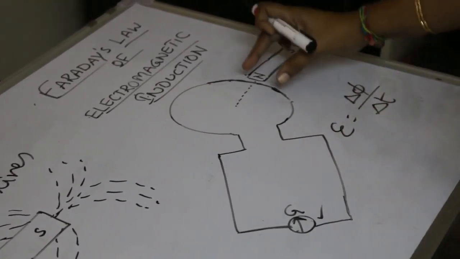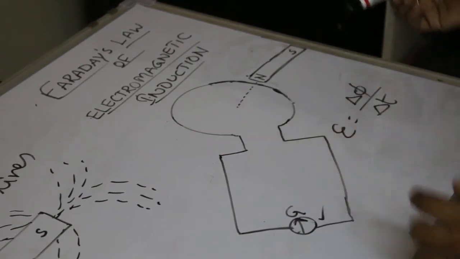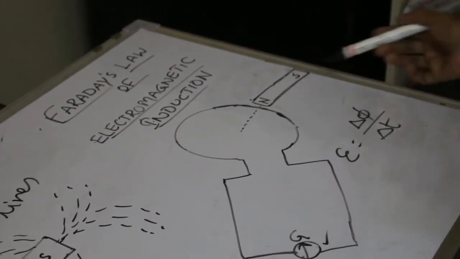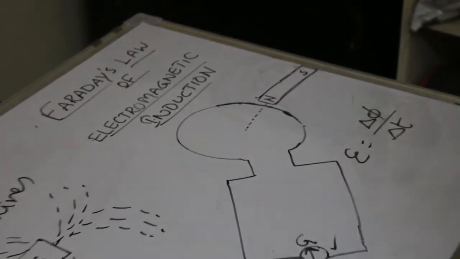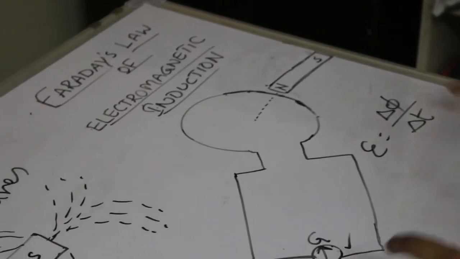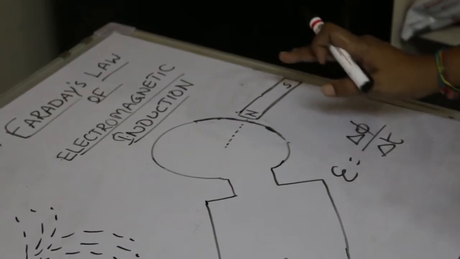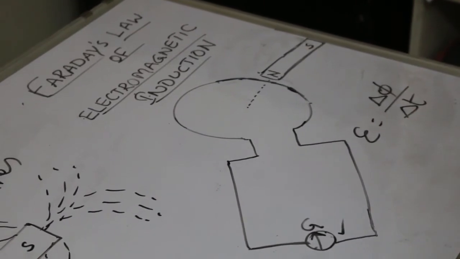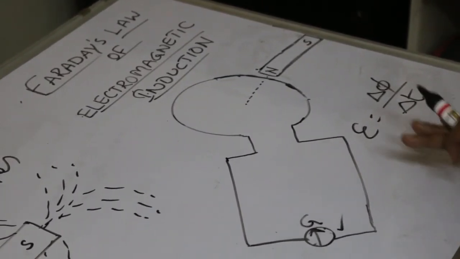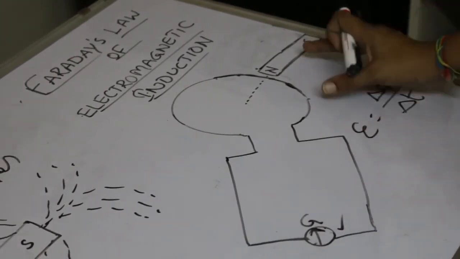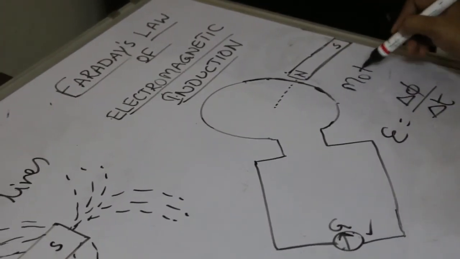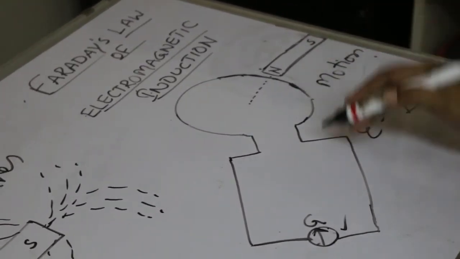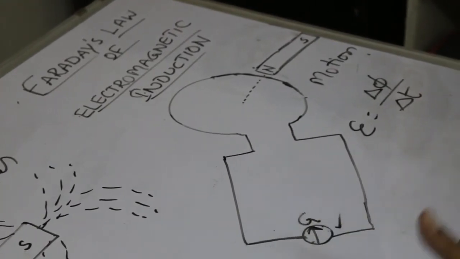And now keep the coil and magnet stationary, so that the coil is very close to that magnet. Then you won't see any deflection in the galvanometer. So here we observe when there is relative motion between the coil and magnet, the galvanometer is showing deflection. While they are stationary, it is not showing any reading or deflection. That means current has not been induced when they are stationary. When they are in relative motion, either coil or magnet, then current has been induced.